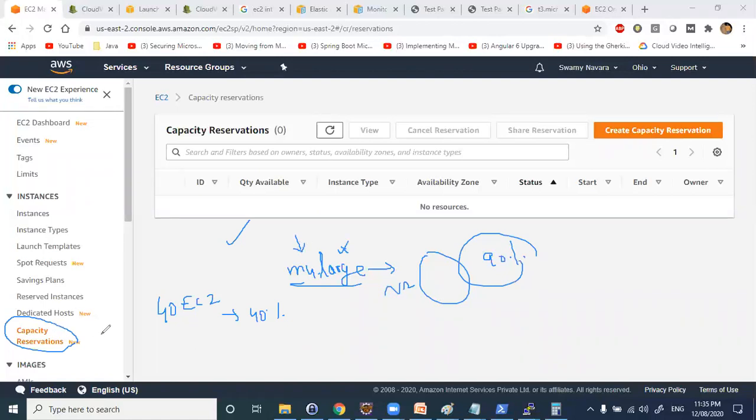So what they do is, they reserve this instance and they keep it for you. But they'll charge you, even though you start or stop or terminate, or if you use or if you don't use. Since they are giving these machines for you, they'll charge for the machines for usage. That's capacity reservations. So any questions on spot requests, reserved instance, or capacity reservations?